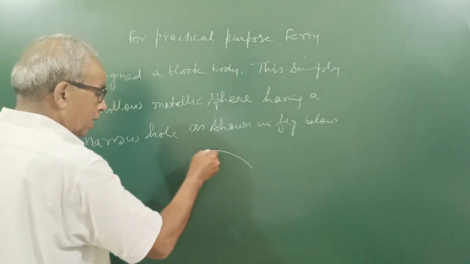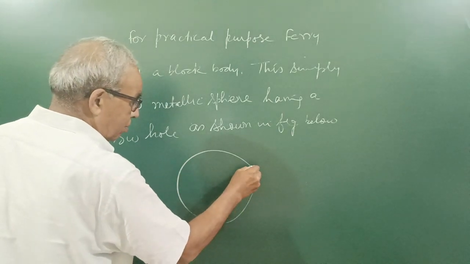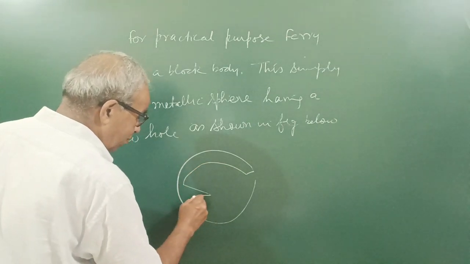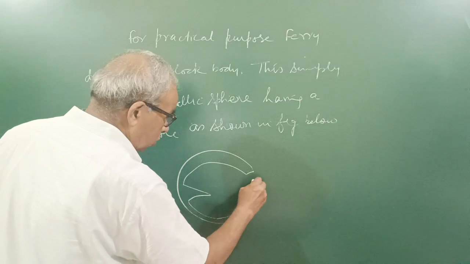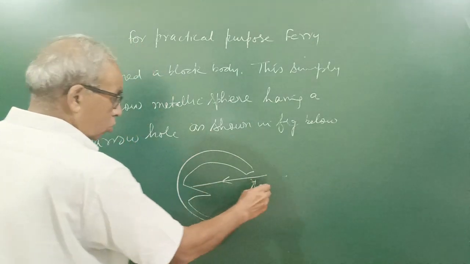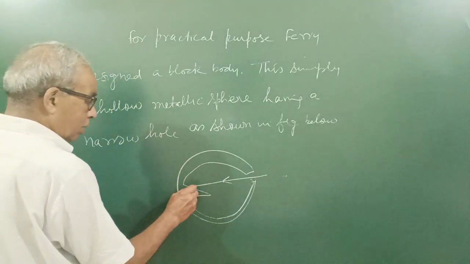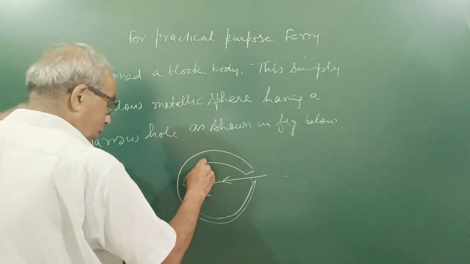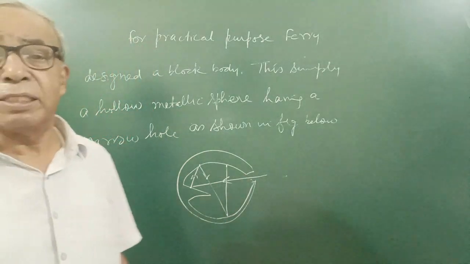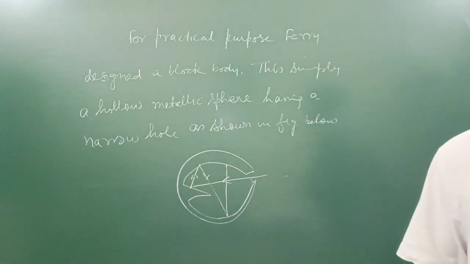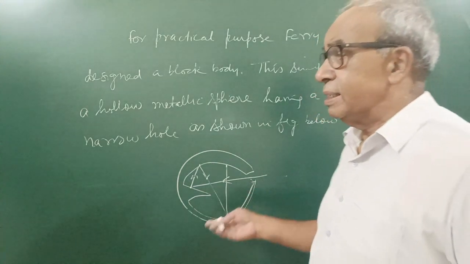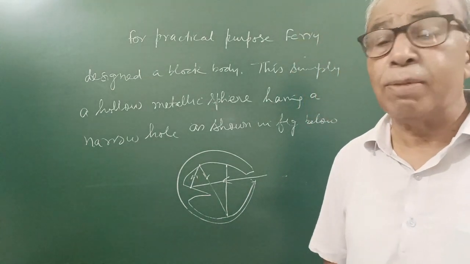Actually, here is a sphere with a thick wall and rough from inside, and there is a cone type structure here, so that light does not fall normally. Radiation enters through this hole, a part gets absorbed here, then the remaining after reflection gets absorbed here. So due to multiple reflections, the radiation entering the sphere gets absorbed. So it absorbs all radiation falling inside this. So we can treat it as a black body.